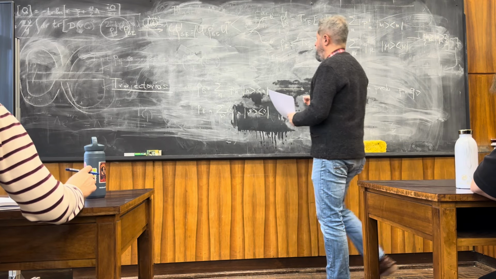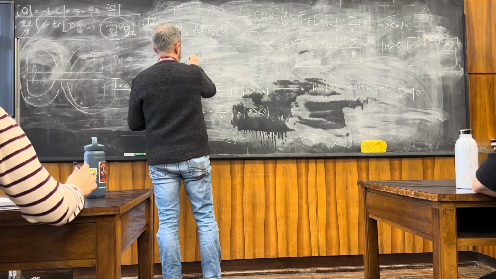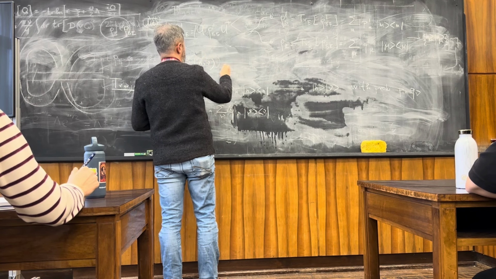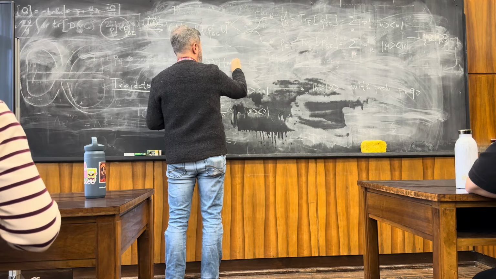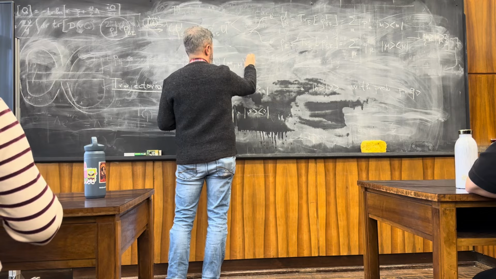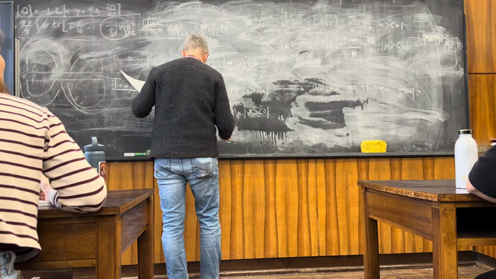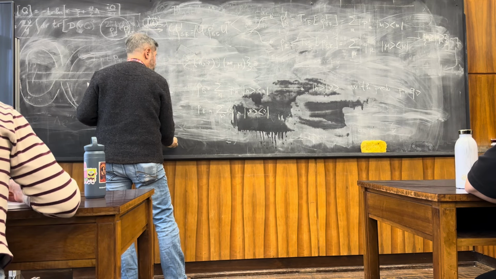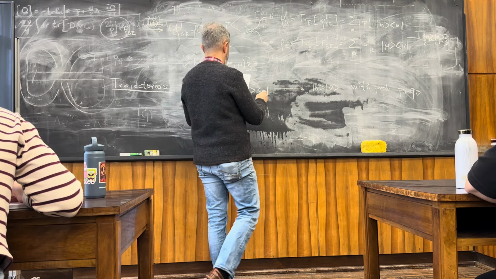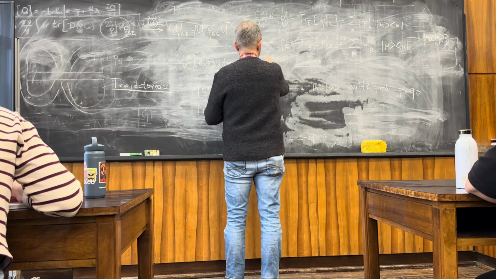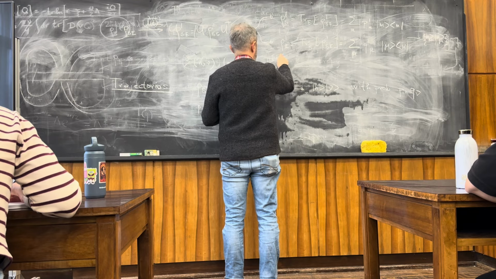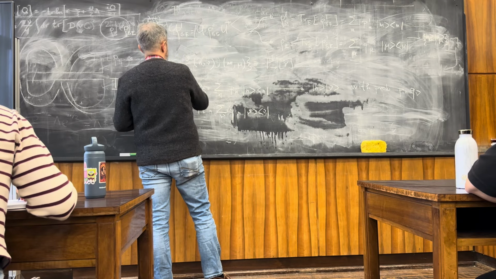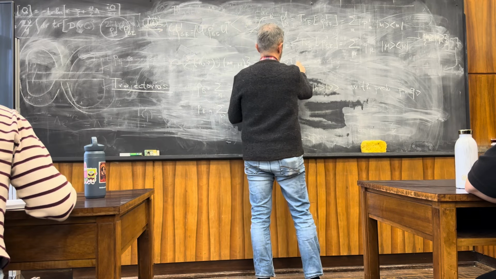Well, the probability to measure overall the trajectory n mu, so I call it gamma as my trajectory, is going to be equal to